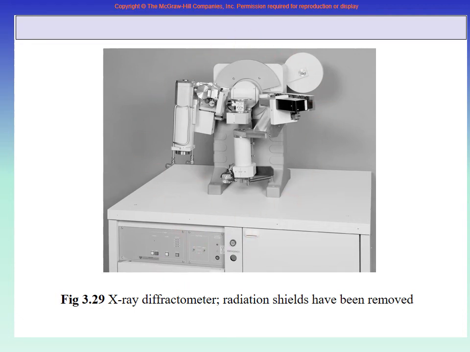XRD machines are very, very costly. We do not have any XRD machine in the College of Engineering, but we have one in the College of Science. Most probably we have it in the College of Medicine. And now there is CARU, C-A-R-U, the central experimental unit for the whole university. So XRD machines are in CARU. We can have collaboration: I take some sample to the College of Science or CARU and ask them to do XRD for me, and they will do it. So this is the real machine, hugely costly, 500,000 riyals, 1 million riyals.